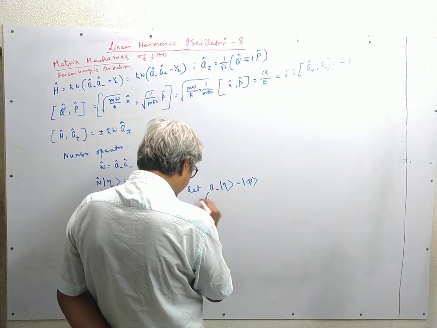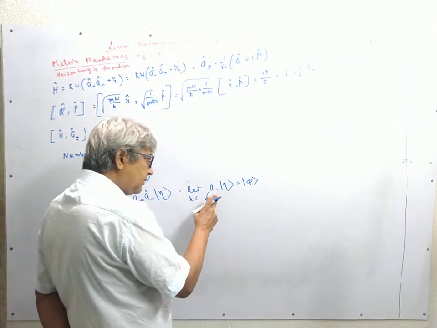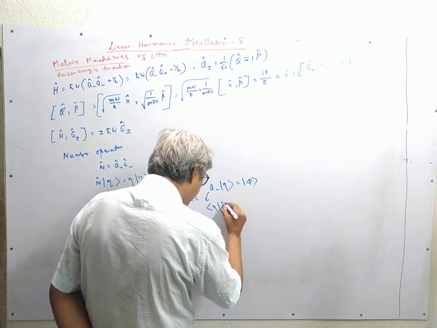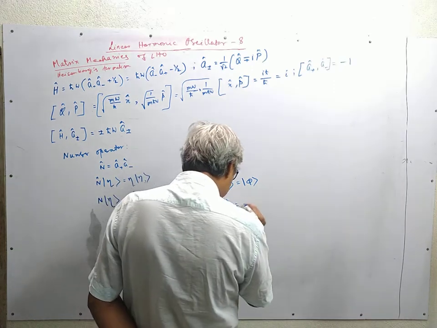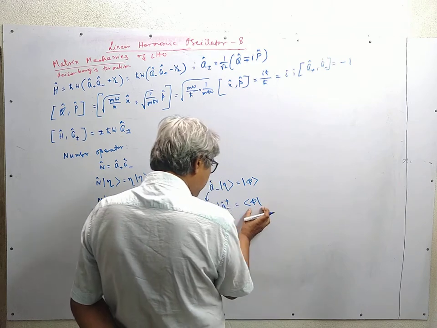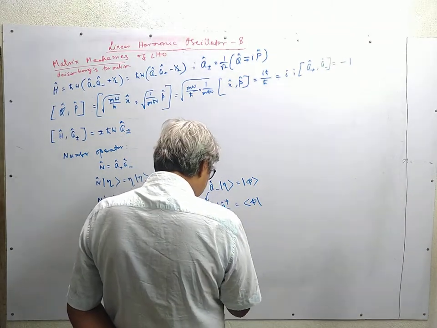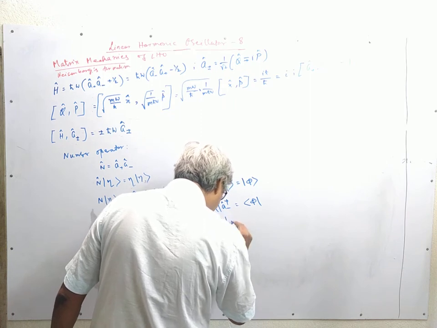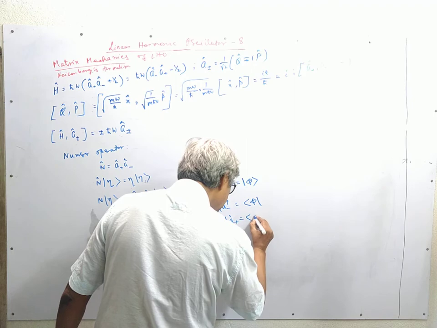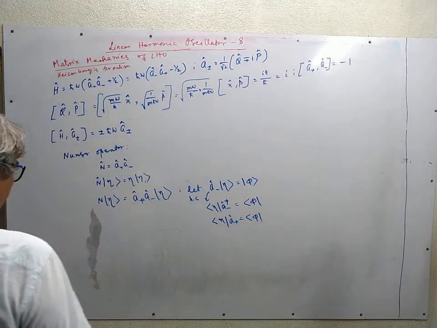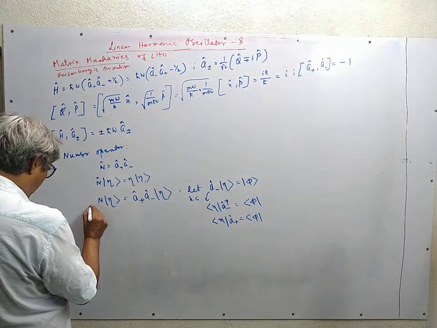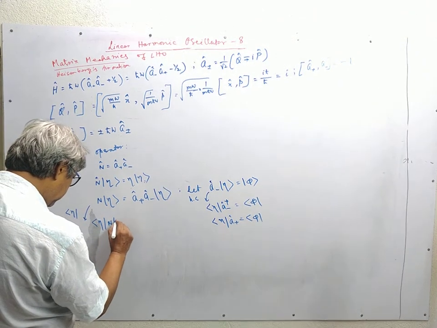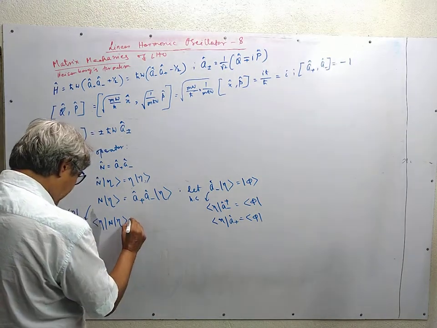If we take the Hermitian conjugate of this, then the ket will be replaced by bra, and A minus will be replaced by A minus dagger, and the ket will be converted into bra. That is, these are row matrices. But A minus dagger is actually A plus, which I have already shown. So if we multiply this equation by eta from the left, we get, and on the right hand side we will have